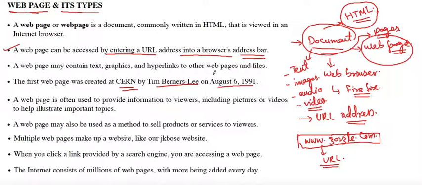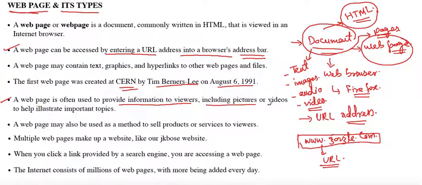So what are these web pages used for? What is the purpose of these web pages? A web page contains some information and provides it to its viewers. That is why a web page is often used to provide information to its viewers. If I want to view information on some topic, there will be a web page which contains that information, intended for users. For example, I am accessing the web page and reading that information. Web pages are also made to provide audio, video or other entertainment for users.